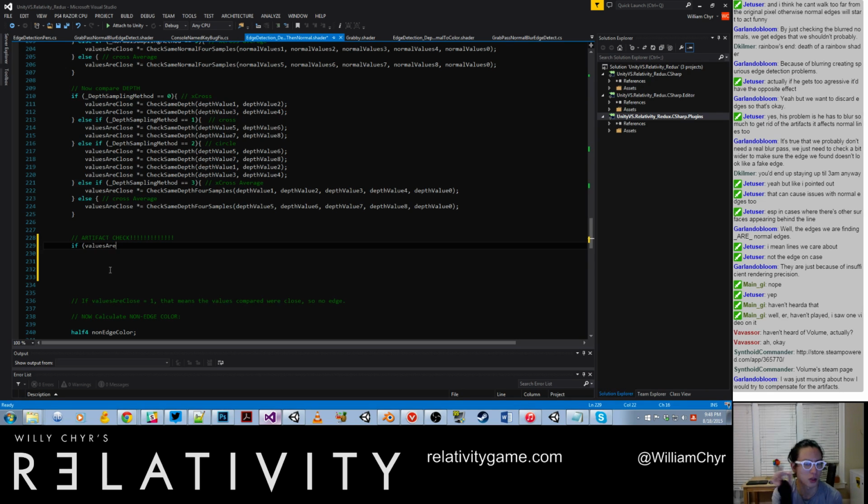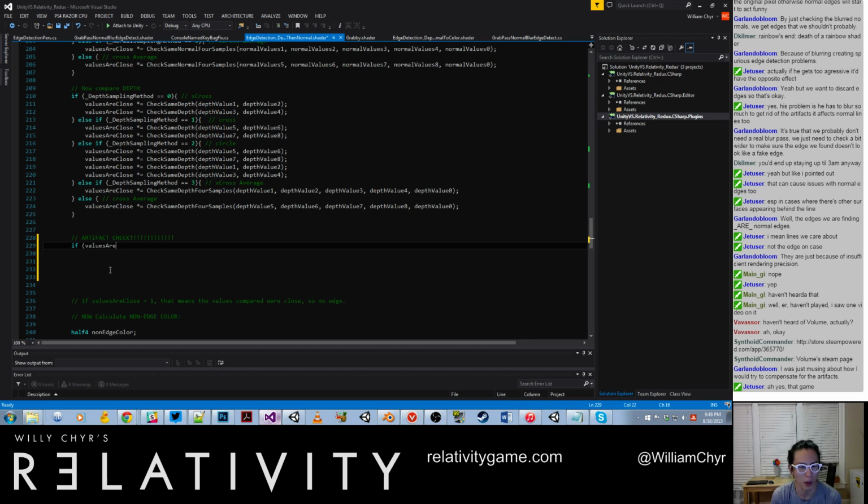So we only want to do the artifact check on the points that are edges. So if values are close equals 0, that means the values are not close, therefore it's an edge. So we only do the artifact check when